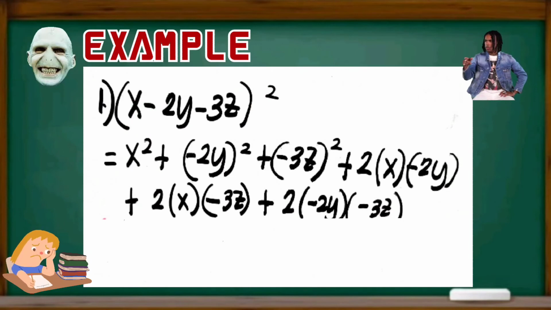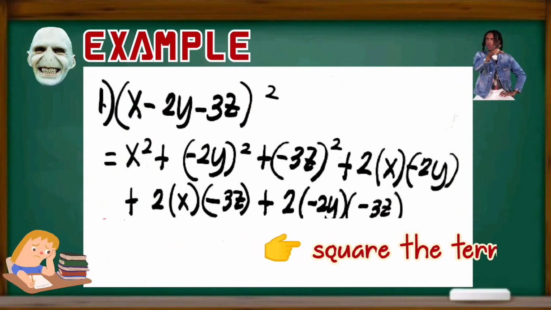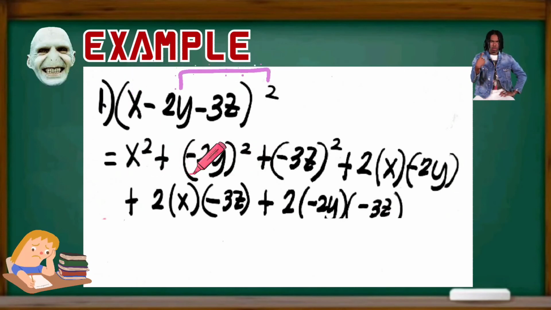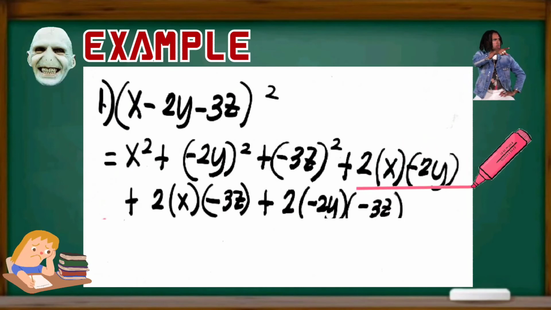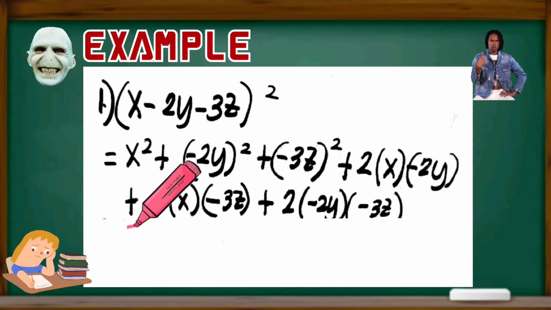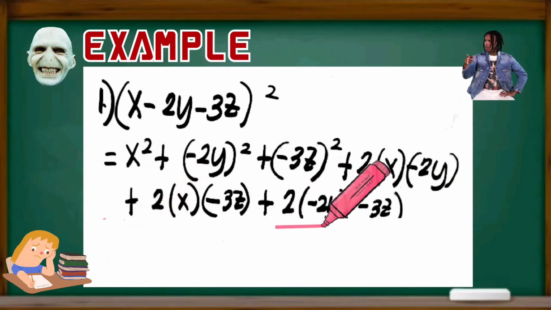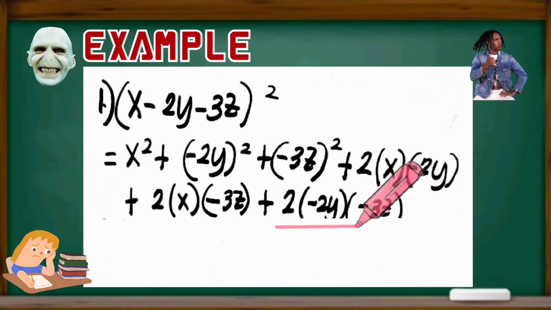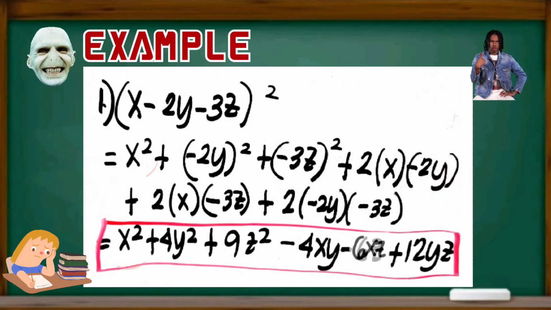So, ang gagawin natin, i-squared natin ang bawat term. So, x squared plus (negative 2y) squared plus (negative 3z) squared plus 2 times x times negative 2y plus 2 times x times 3z plus 2 times negative 2y times negative 3z. So, x squared